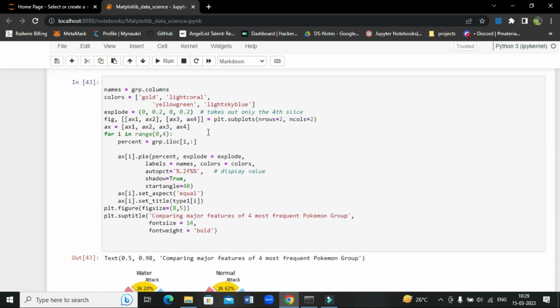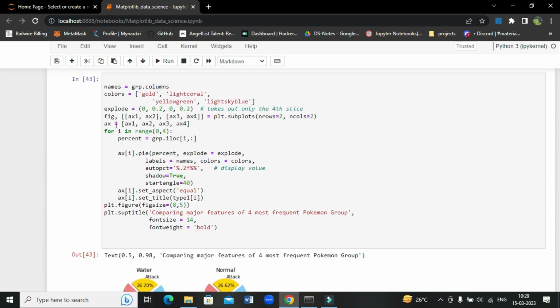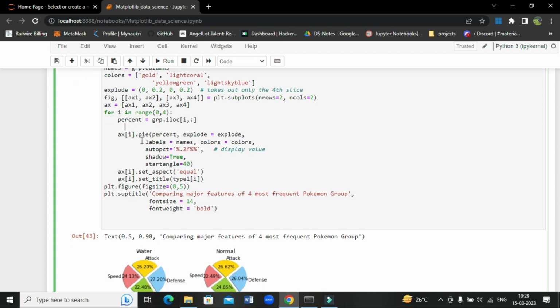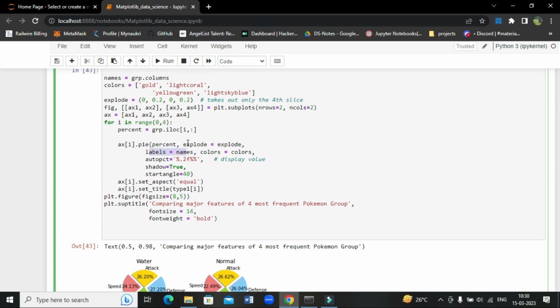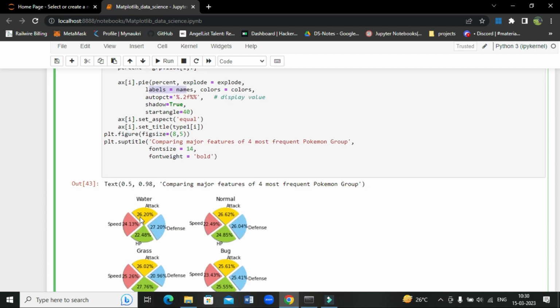Okay, so next we are forming the axes here, that is axis 1, axis 2, axis 3, axis 4, and we are giving this to AX. Now we are forming a loop here for I in range 0 to 4, and then percent is equal to group dot I log I. Okay, so these are the values in percent. Now what we are doing is axis of I, suppose axis of 0, pie is percent, we are forming the percent here, then explode we are passing, then label as names. So these are the labels, and colors are colors, and then autopct is nothing but these values,